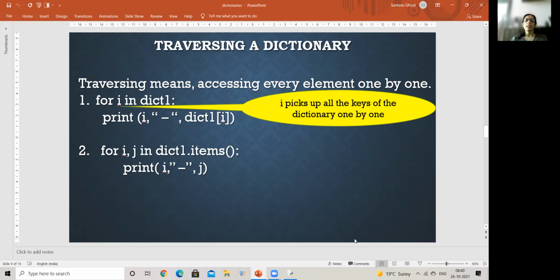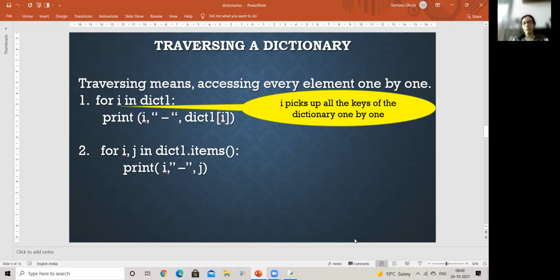Again, the way we use the range function to generate indexes in a list and then access the elements through them, here you have some inbuilt functions which help you generate the keys or the values or both together in order to access the elements.